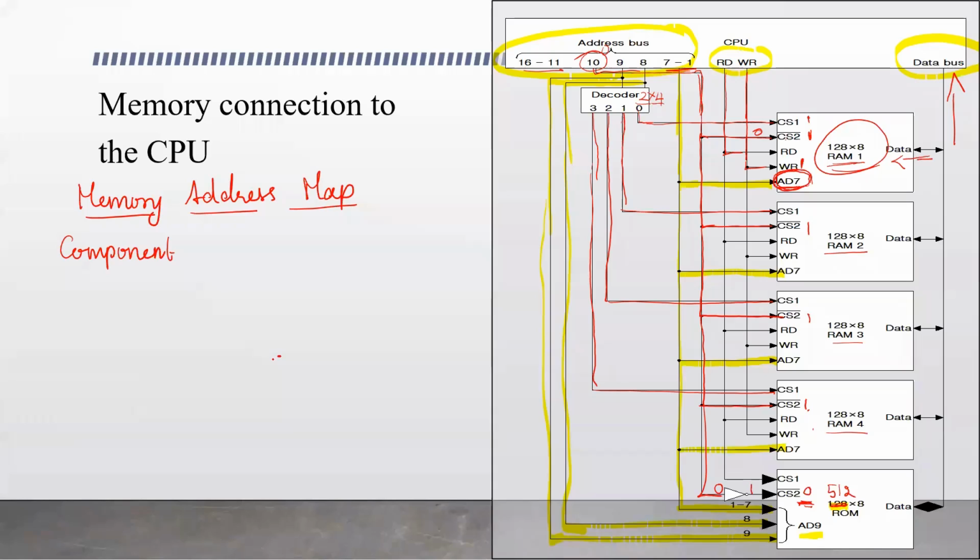Okay, memory address map. Memory address map is a pictorial representation of the assigned address for each chip in the system. The pictorial representation of the assigned address for these chips in the system is called the memory address map. So here we have discussed the address. We consider these address bits 1 to 7. There are 16 bits, but the number of bits used is 10 bits. So let's write these 10 bits here. 10, 9, 8,